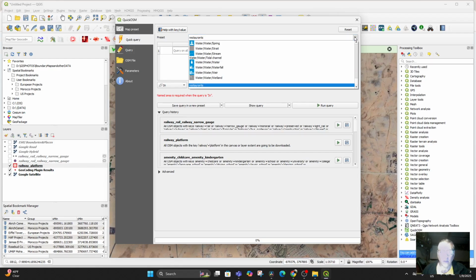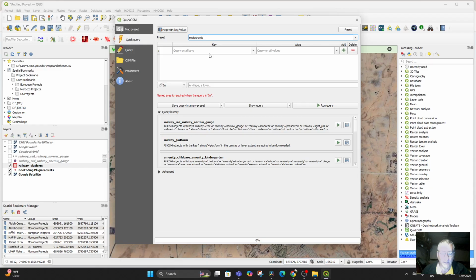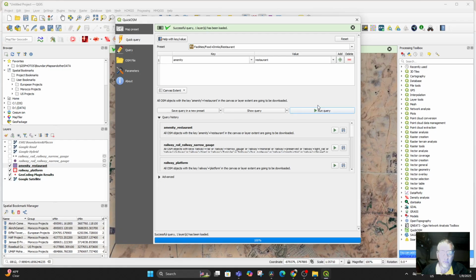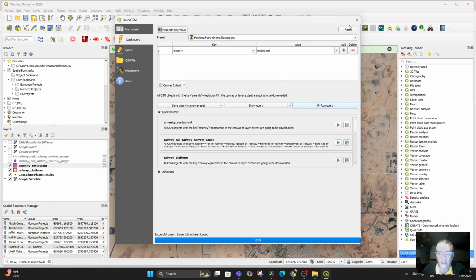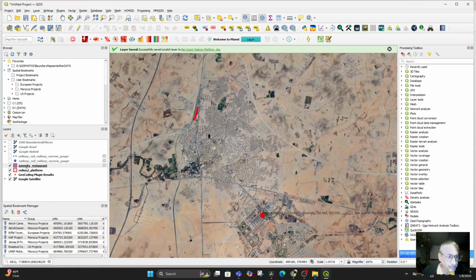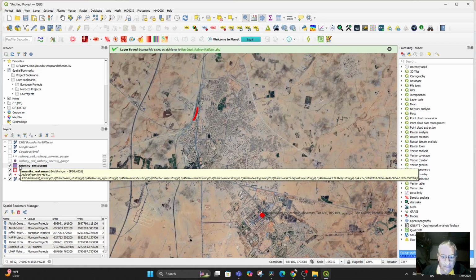And let's see what shows up under restaurants, if anything. Facilities, food, drinks, and restaurant. And then in the canvas extent, and we will run the query, and there's probably going to be a lot. So let's see, amenity restaurant. Let's see what's found in here. So there's amenity restaurant, and